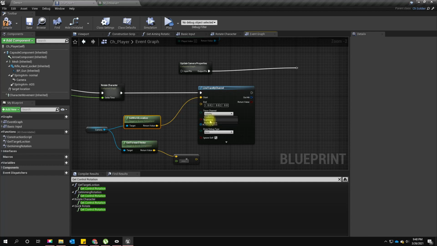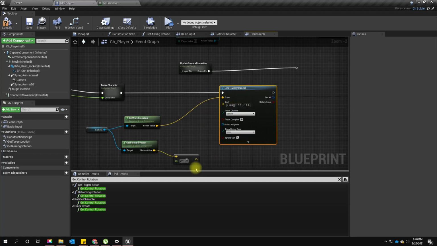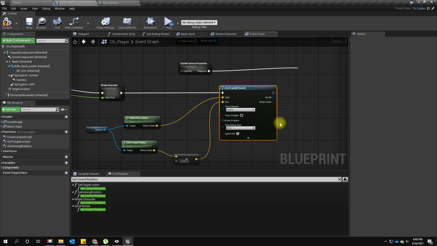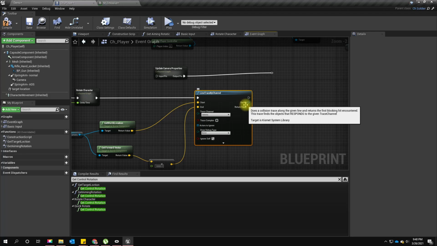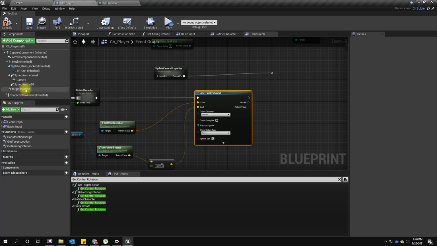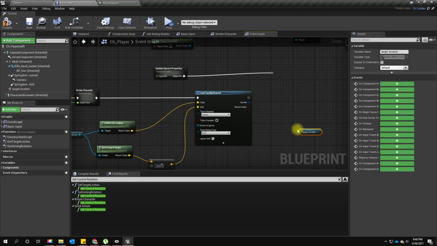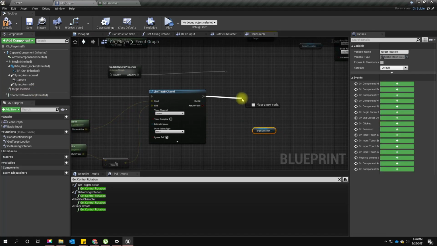Let's try the camera channel, and so we can see where this line trace hits, and then we can use that point and place this target location at that point. So get the target location,